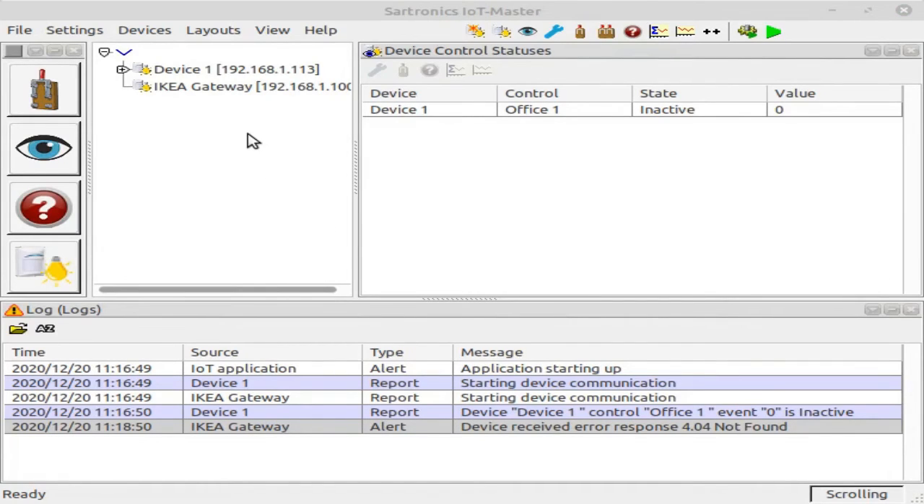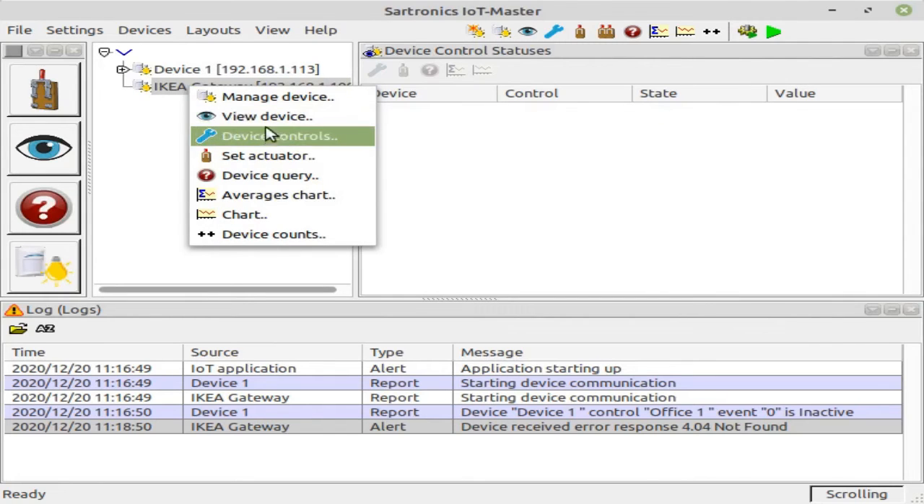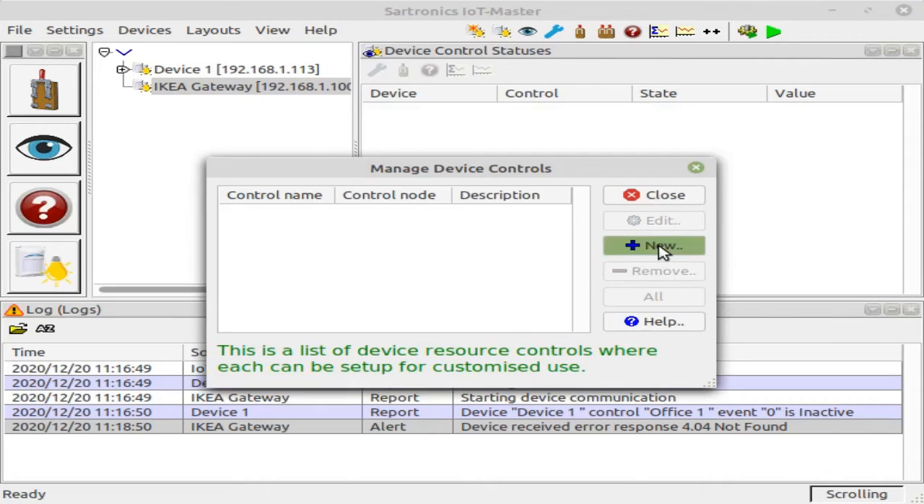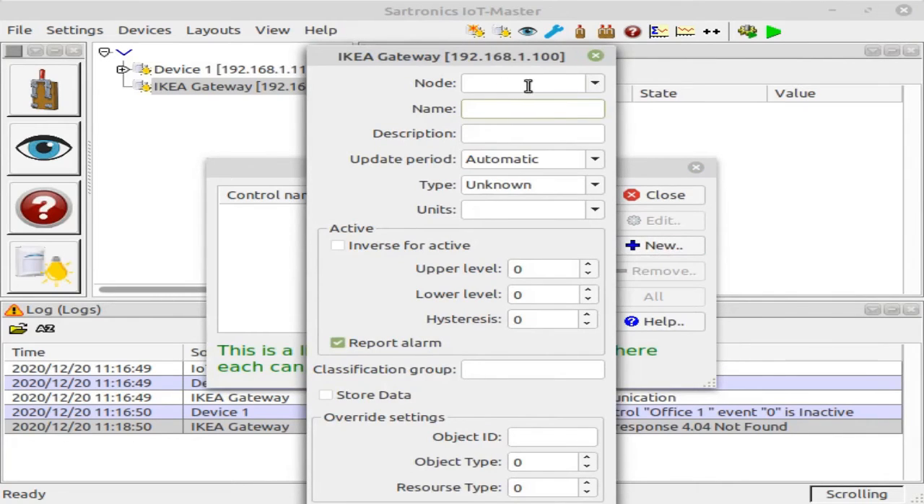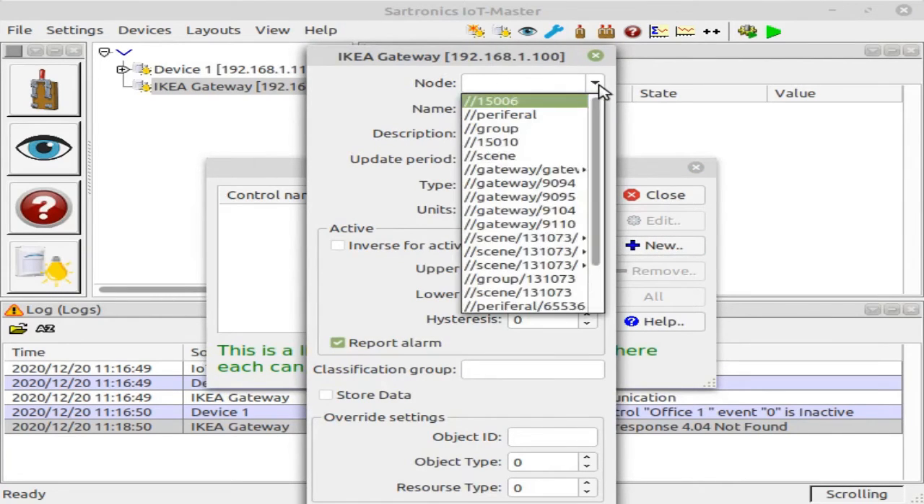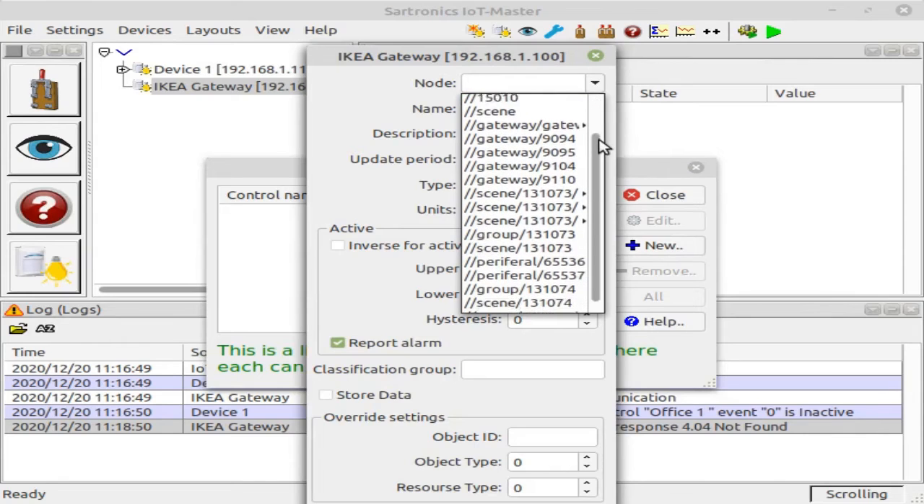The smart light wirelessly connects to the gateway. The light will need to be added to the gateway's controls. So right mouse click on the gateway and choose Device Controls, select New. The node, this is a list of the